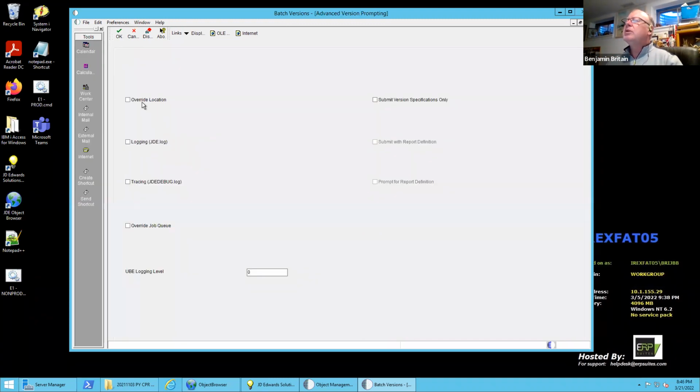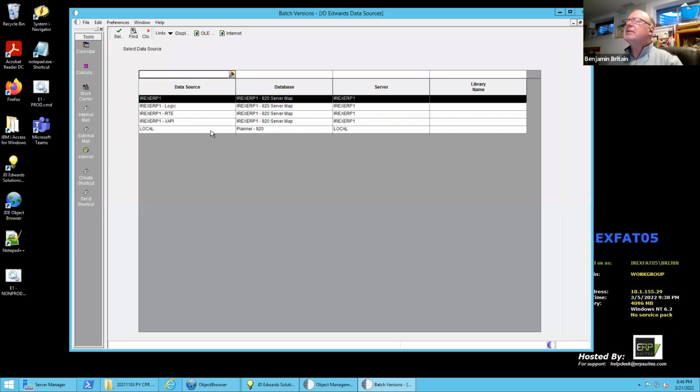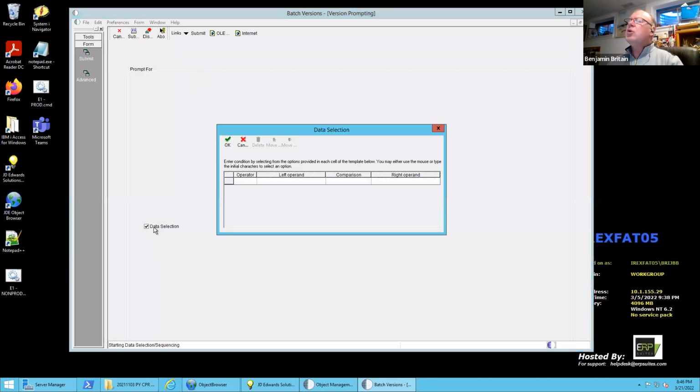So I'm going to go into advanced override location. Okay. And then I'm going to submit it, and it's going to start processing this stuff. And it's saying, okay, first you wanted to override the location. So I'm going to select local. And then it says, oh, you also selected data select. And so I'm going to say where